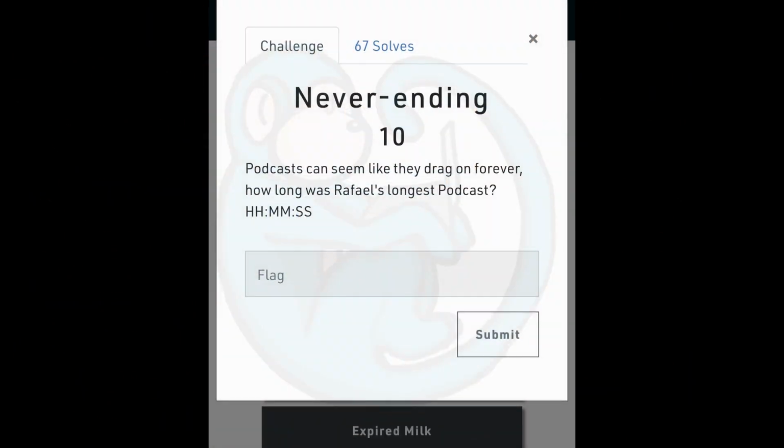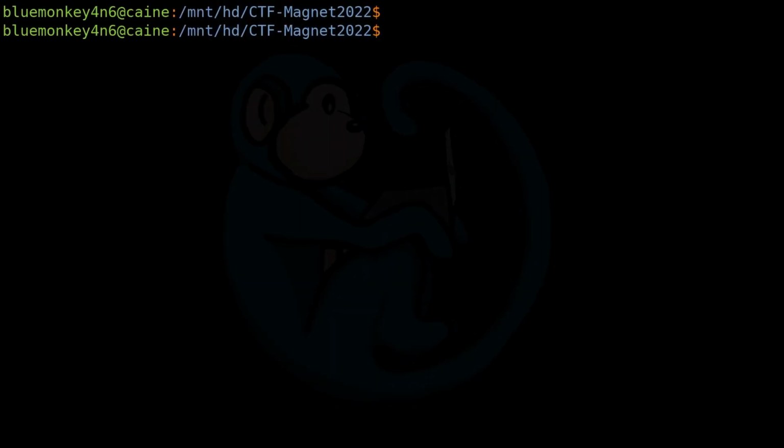Question 6. Never ending. Podcasts can seem like they drag on forever. How long was Raphael's longest podcast? All right, so making the assumption that there were podcasts downloaded to the phone, I did a search for folders with the name podcasts. So in the Linux command line, I did find, and then pointed to the extracted pixel folder, dash type of D for the directory, and then dash iname of star podcast star,